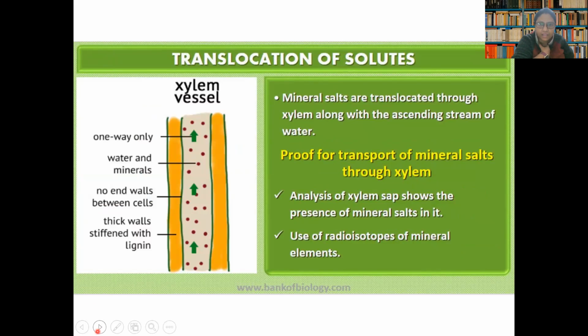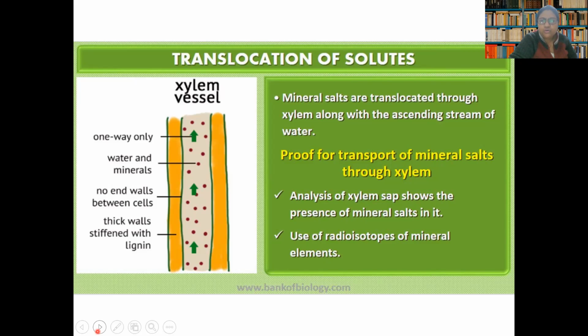Now, after absorption, the mineral elements along with water, obviously they are never absorbed dry. They require water to accompany them. The next thing is they are inside the plants. So where are they first reaching? They are reaching to root, and then along with water they are reaching to every part of the plant body. Like it will reach to leaf, it will reach to flower, it will reach to different parts of the stem.